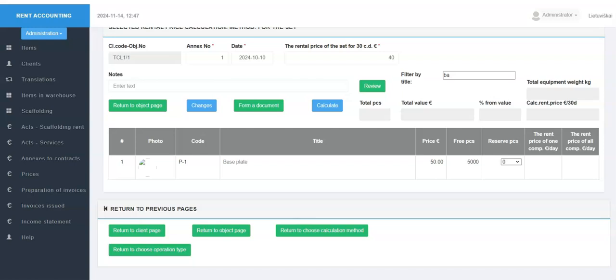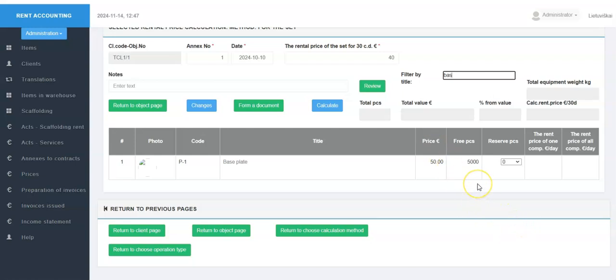For example, we start entering the title of the component in the corresponding cell, and only the components whose title contains the entered text remain in the list.